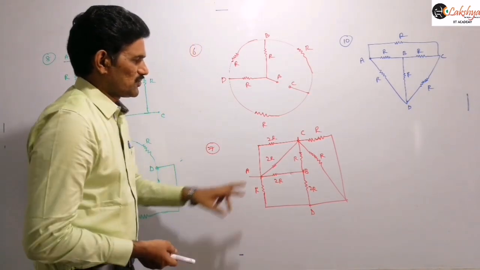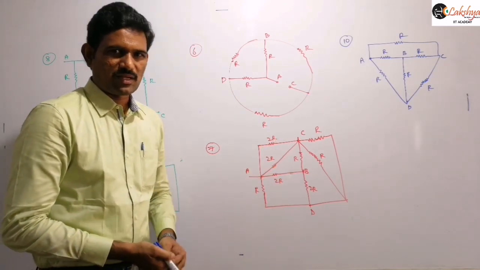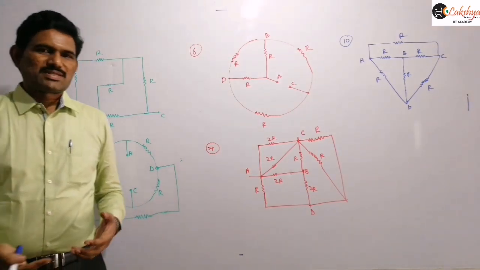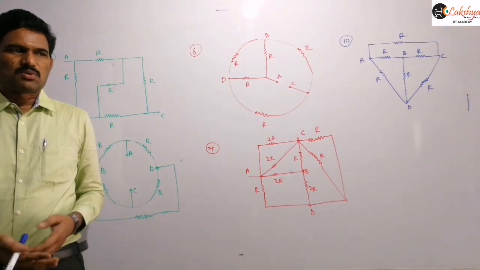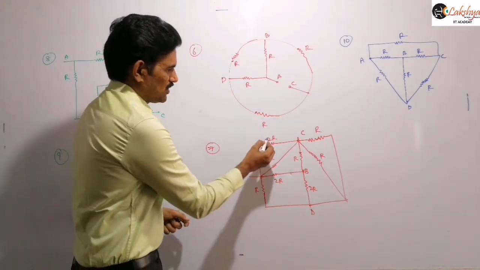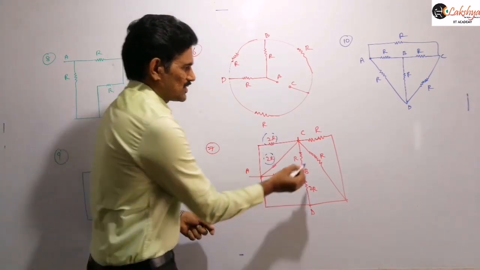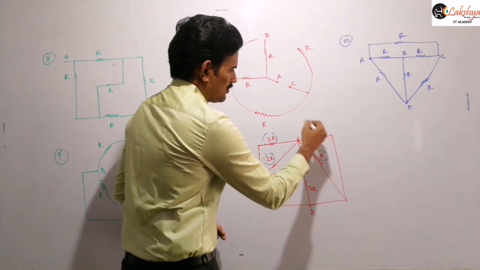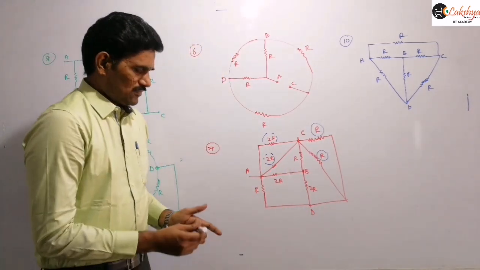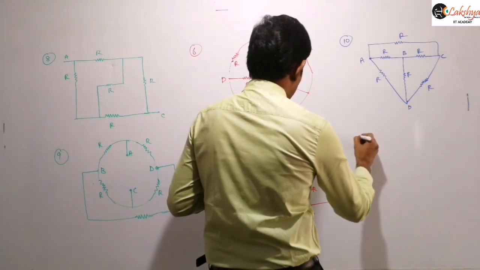So first of all, if you simplify these two, some combinations are there like series and parallel. As I said, when more number of resistors are there, if some of them are directly series and parallel, first let us simplify those resistors, right? Then here you can identify that this 2R and this 2R will be in parallel, right? And next similarly this R and this R will be in parallel. So I am simplifying that part here. Then if you simplify that part, you will get the circuit like this.